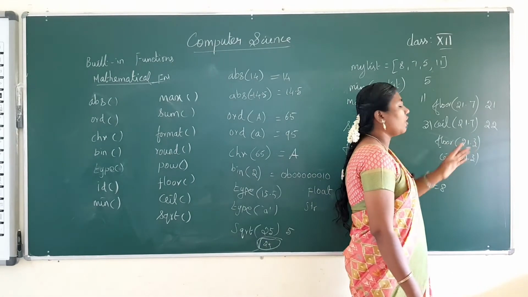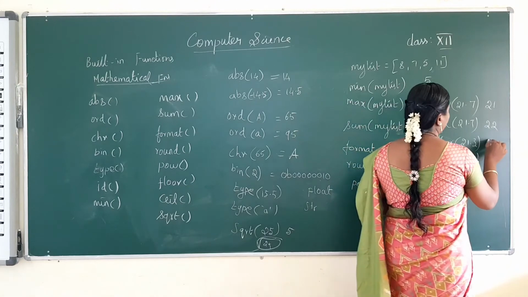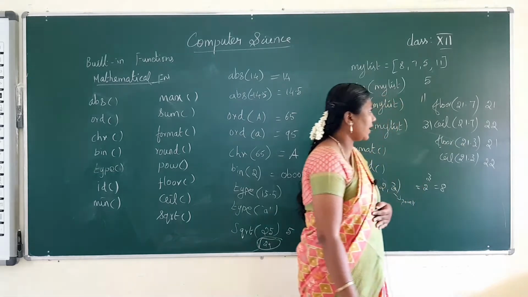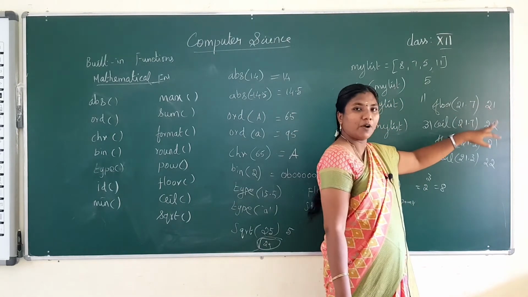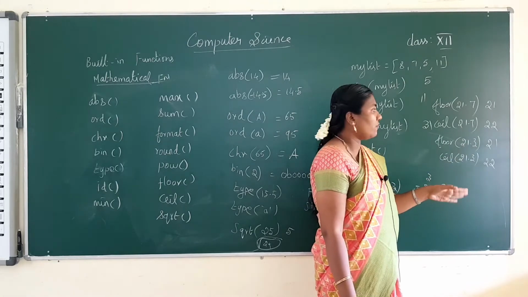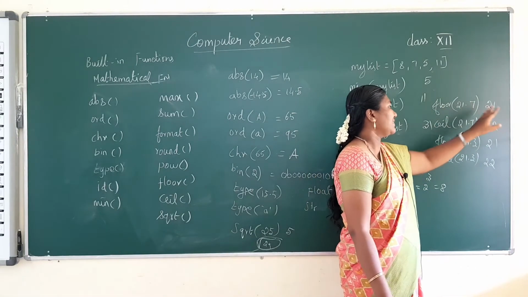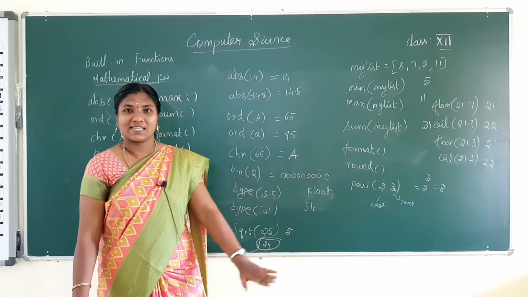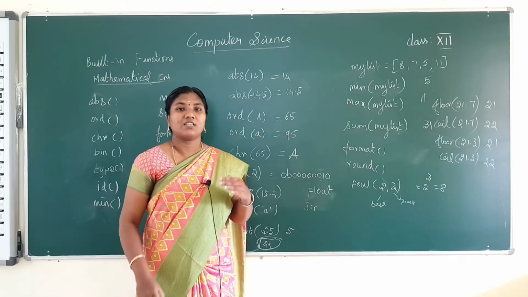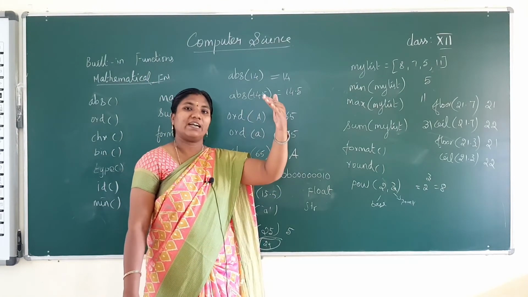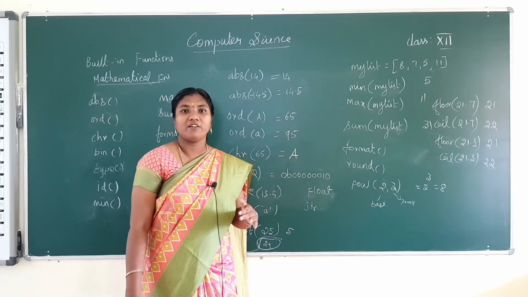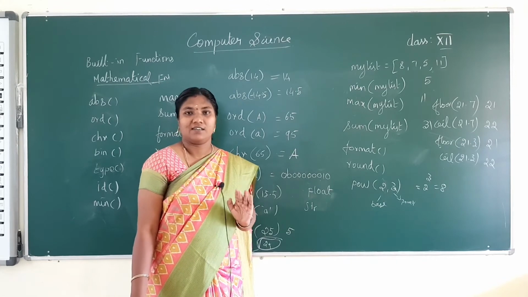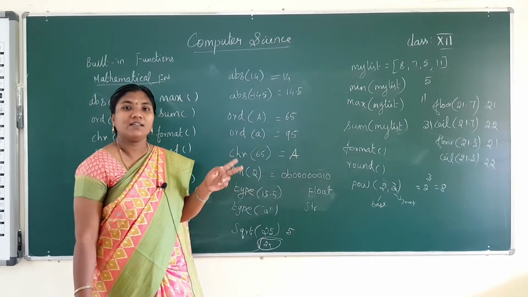Okay. And then floor of 21.3 will give 21, and ceil of 21.3 will be 22. So, whether the decimal after the point is above 5 or not, the floor value will be the integer part and the ceil value will be the next integer. Floor means the base level, ceil means ceiling. So, we will get the next greatest integer for ceiling, and for floor we will have the base integer, the particular specified integer. That is the function of both floor and ceil.